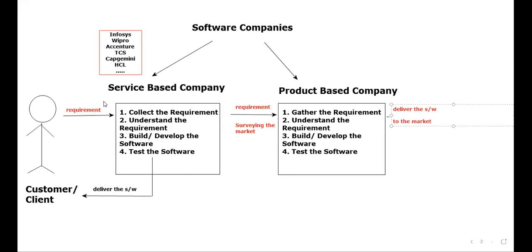Now tell me. Sir, please give some example for service-based company software, sir. Now here I can just tell, this happens to be WhatsApp, and guys, think and answer. Product-based company example, WhatsApp is there. Amazon is there. Guys, do you think Amazon is an application developed by a product-based company or a service-based company? Think and answer. Very good, product-based company.